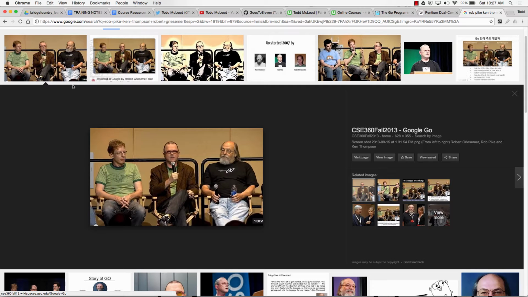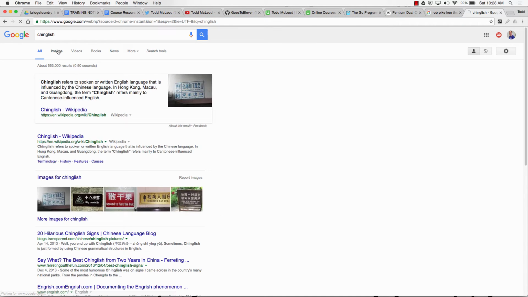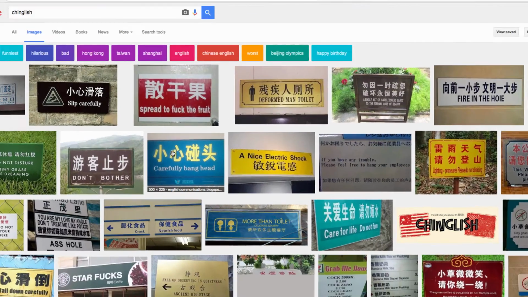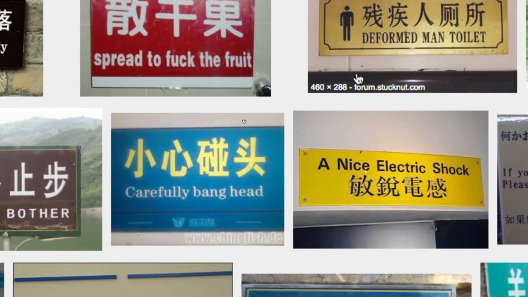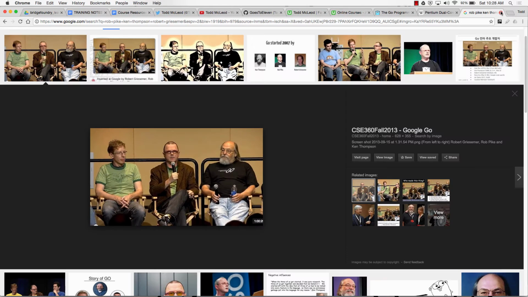When I started learning it, there weren't very many resources for learning about the Go programming language, and I was actually learning it from a book originally written in Chinese and translated to English, which is hard, because if you've ever read Chinglish, Chinglish is like beautiful and funny and not a good language for reading. So you can just imagine a programming book in that type of language. It's kind of fun, but. So that was in 2014.